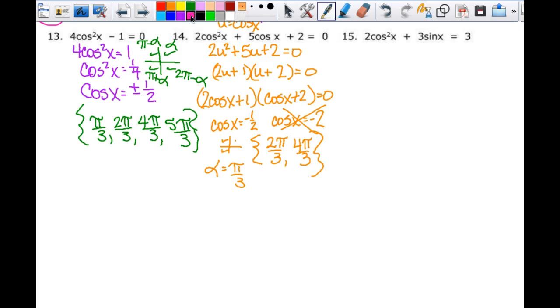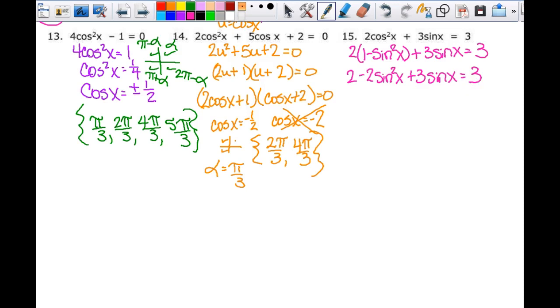All right. So then here, I need to solve this one. I've got cosine and sine in here, so I want to change them. It's a little bit more difficult to change just a single sign, but this cosine squared, I know I can change it to a sine squared something, so I get all sines over there. So this is going to be 2 times, I'm going to use my Pythagorean identity, and that gives me 1 minus sine squared x plus 3 sine of x equals 3. So then this is going to be 2 minus 2 sine squared x plus 3 sine x